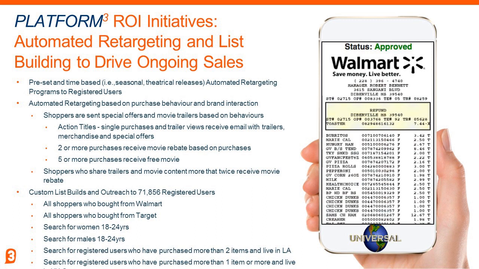And yeah, same thing. We could dig deep right into the demographics. So for example, if we want to bring up a list of every consumer who had purchased 2 films, we could bring up a list. Every consumer who had purchased 5 or more films, we could build a list around that as well. If we want to build individual lists by retailer which the consumer had shopped at and really add value to our retail partners. So for example, let's pull up a list of every consumer who shopped at Walmart.